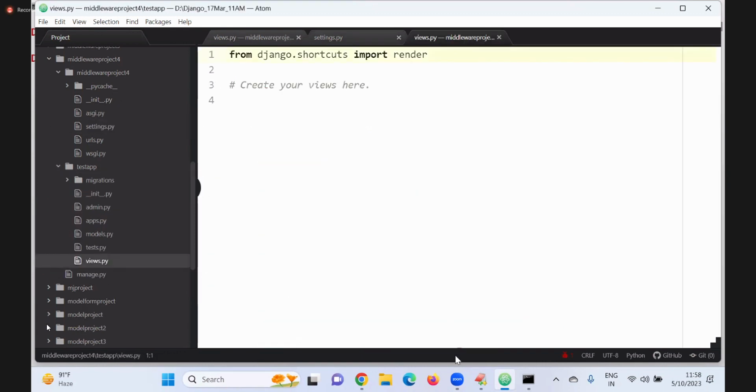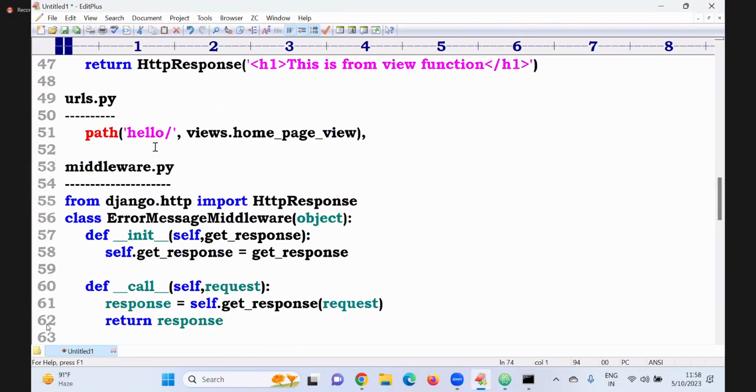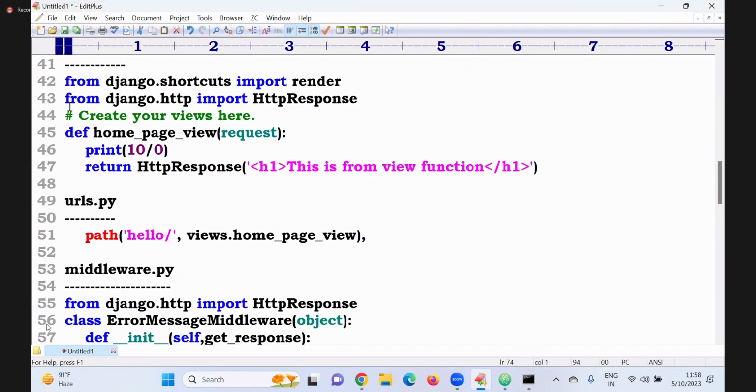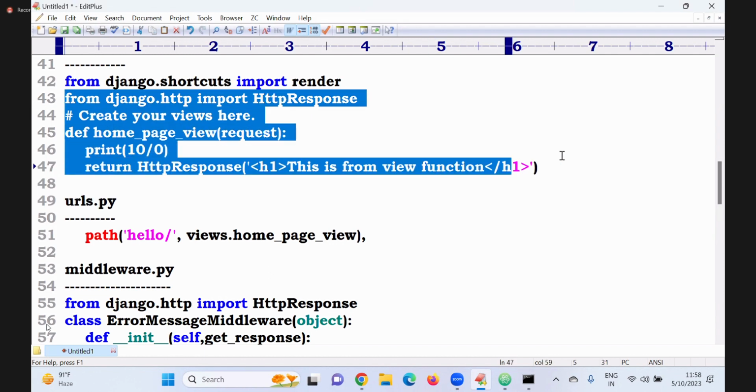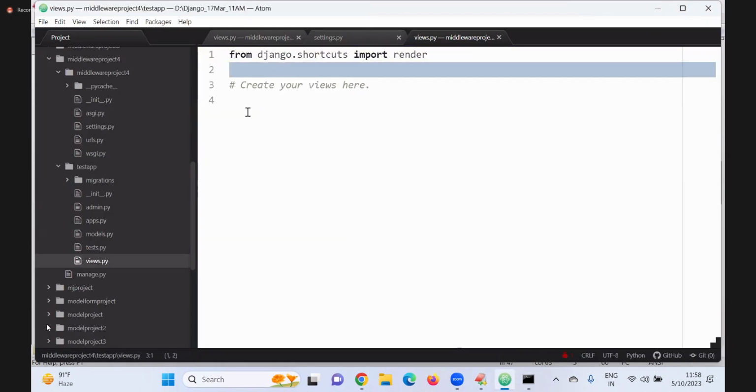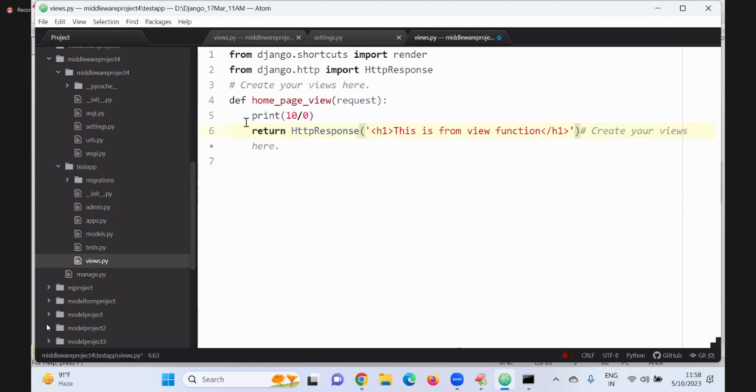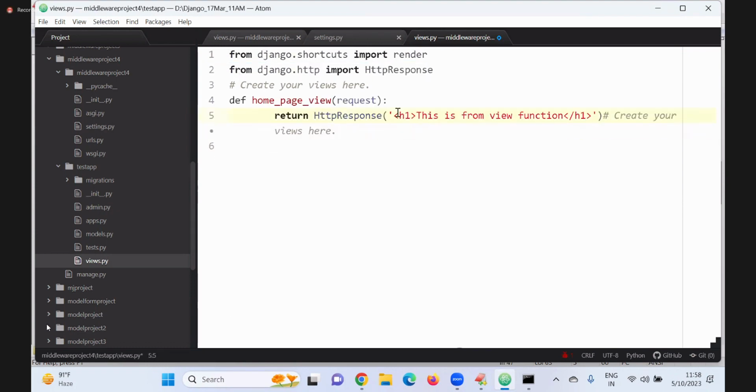Now go completely to views.py. Simple, not doing anything. Copy paste. Remove that, and remove this also. HttpResponse. This is from the view function.